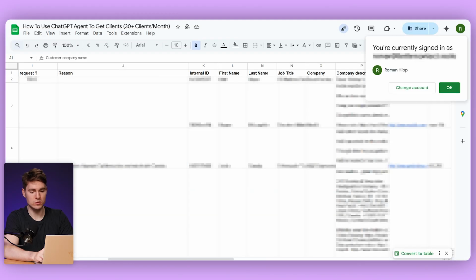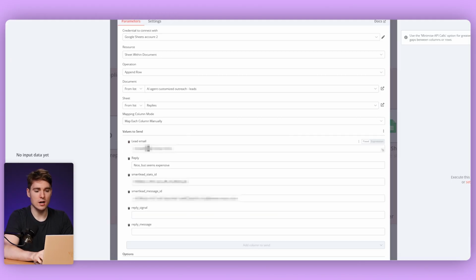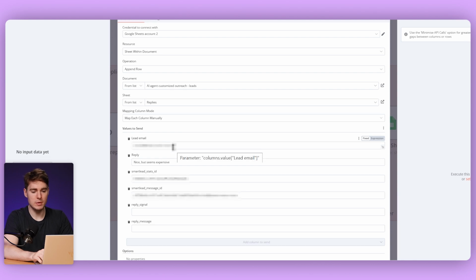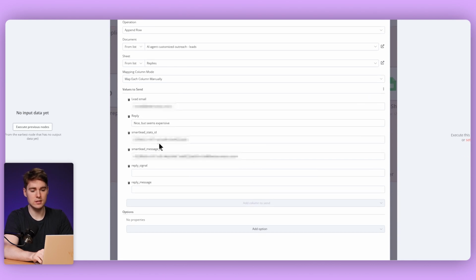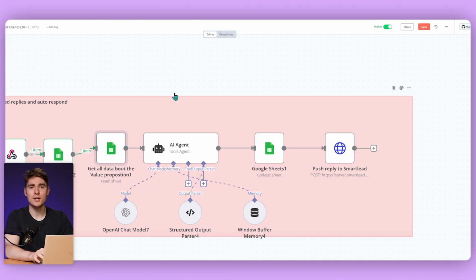And this is something we will store here in the last sheet in the leads reply one. So in this case, we just hard-coded it, right? So we have here the email, the reply, the Smart Lead stats ID, as well as the Smart Lead message ID. But in the template we're going to provide to you, all of the variables are being mapped correctly so that it works dynamically. So make sure to map your Google Sheet properly again, and we're going to fetch here